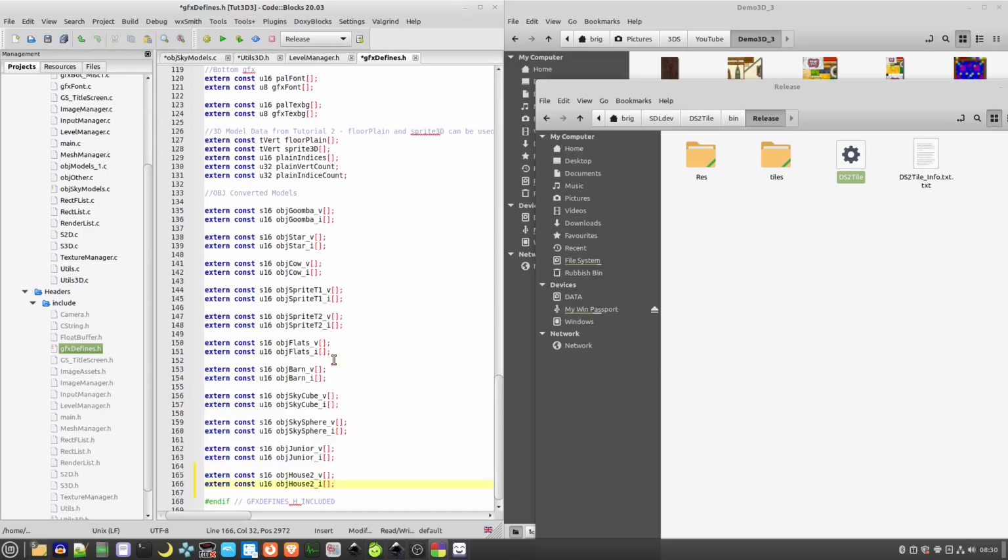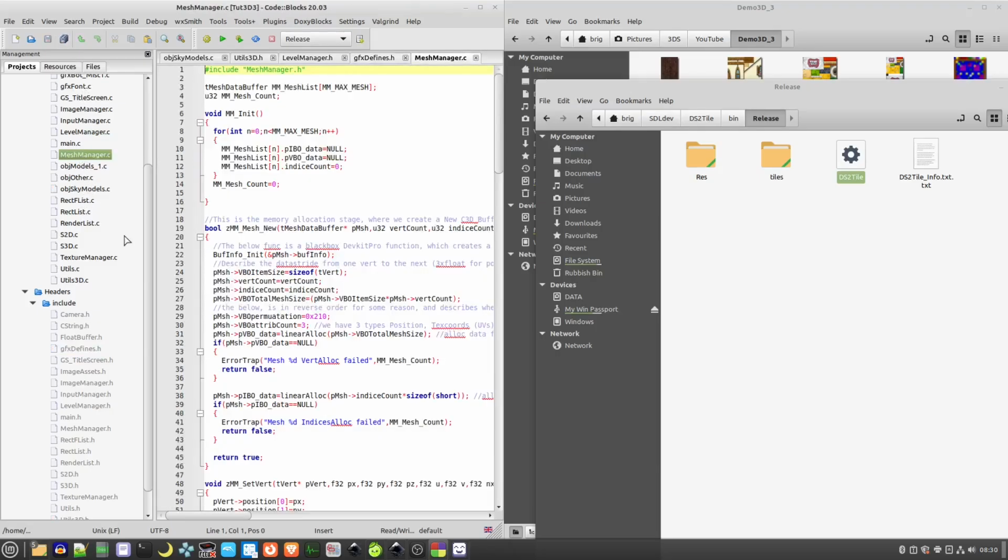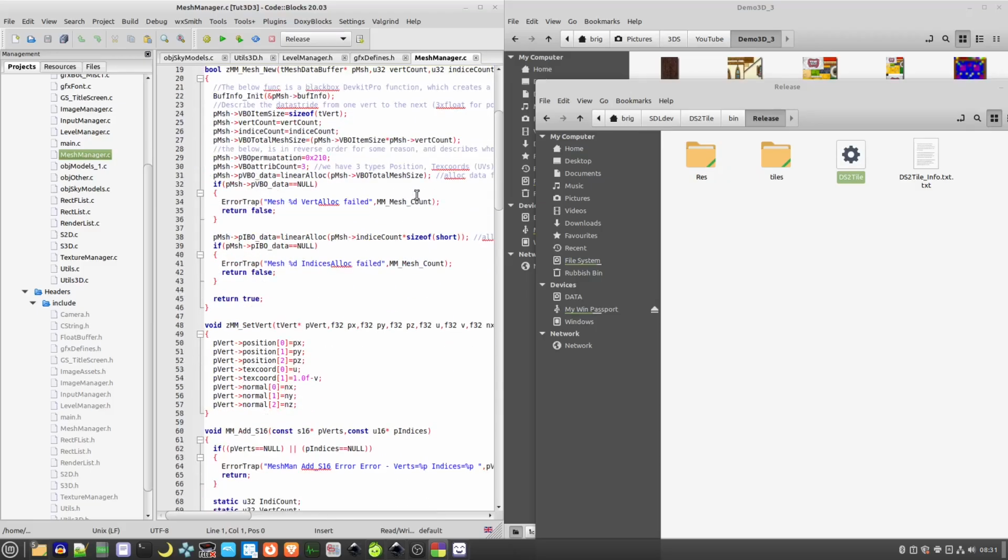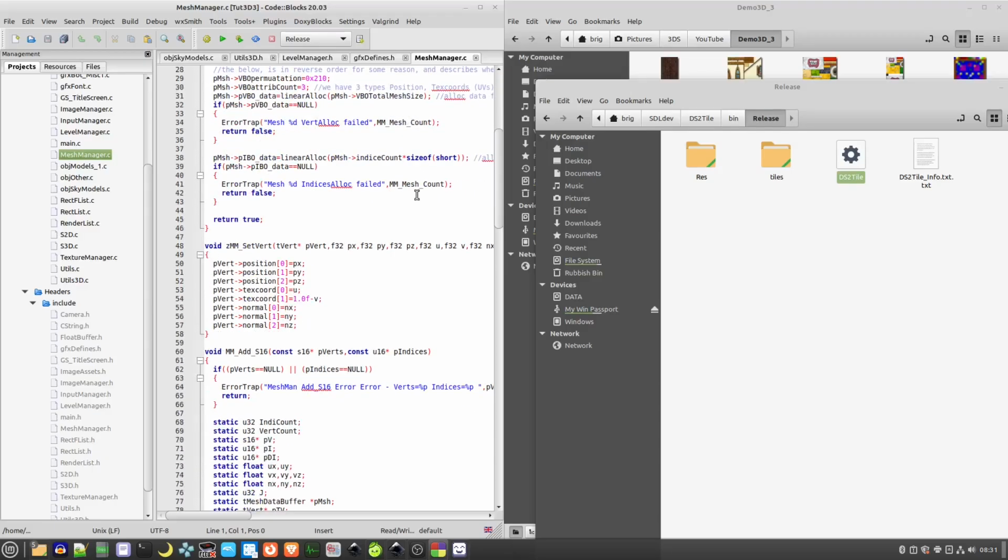If you remember from the last video, all of the model parts were basically float arrays. So we're using the same format, only this time we are converting everything from